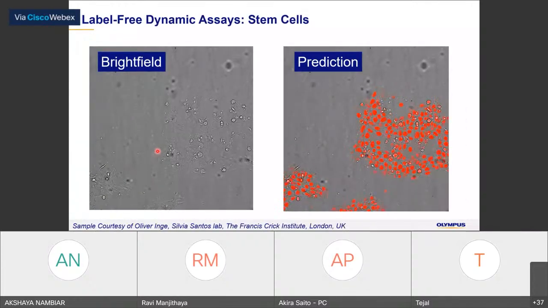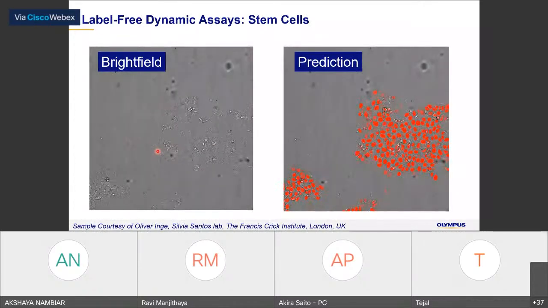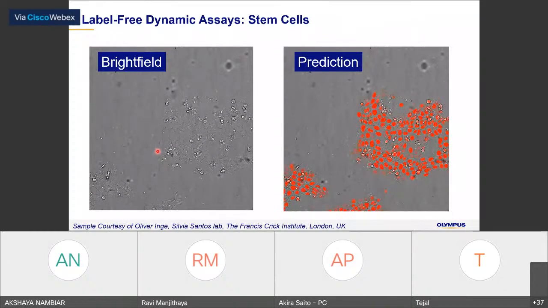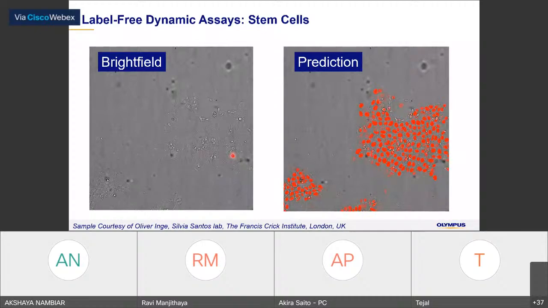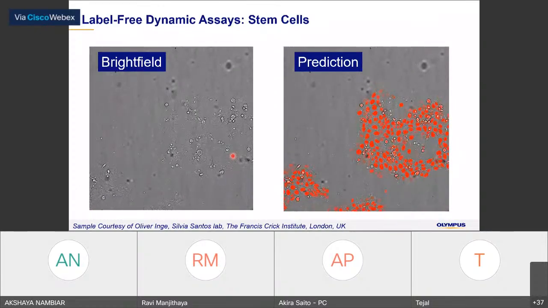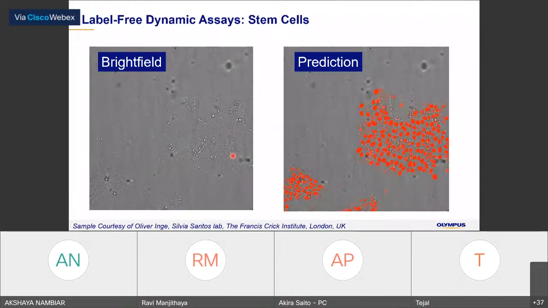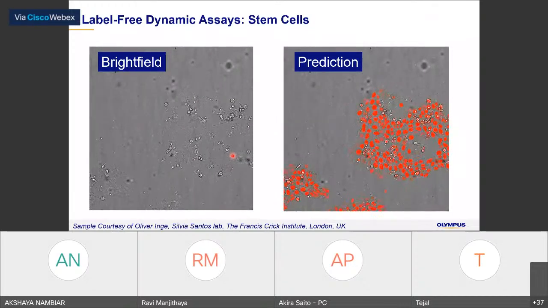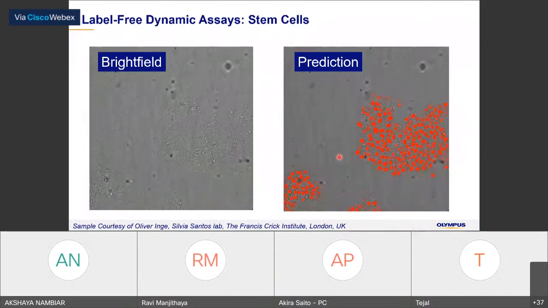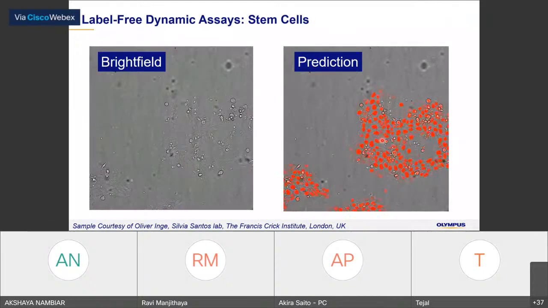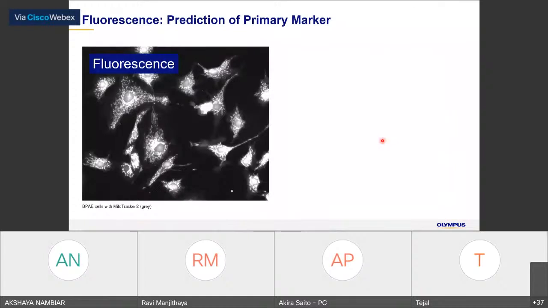And of course, we can use this kind of segmentation analysis for time-lapse imaging, and you can find that this is a stem cell, so the contrast of the background is a bit higher than the regular 2D cell culture. But I can see that it counted the nucleus very well.